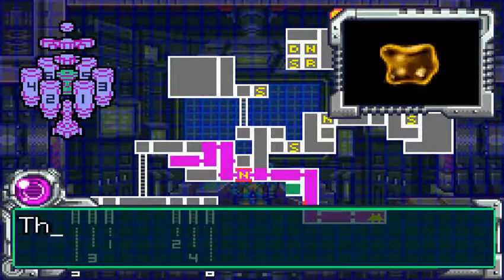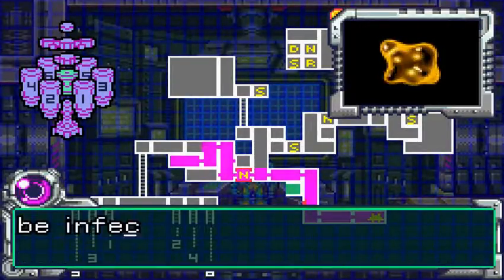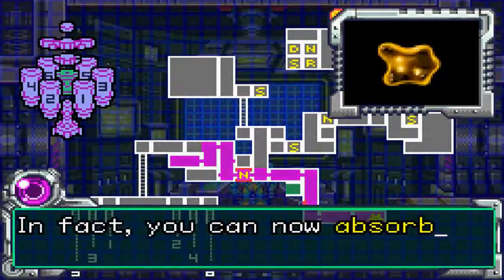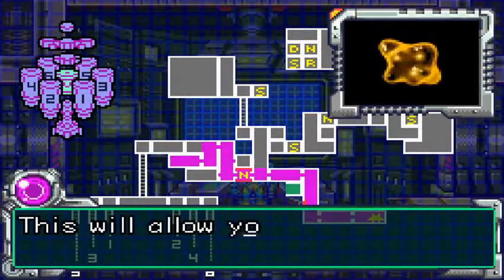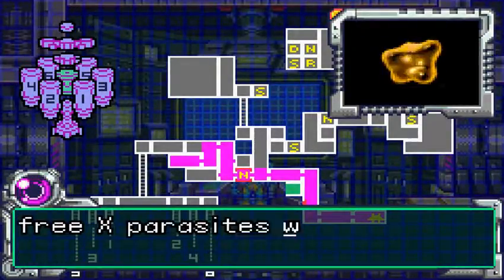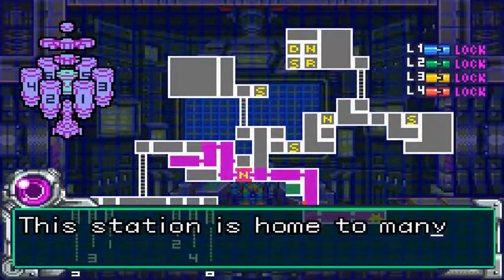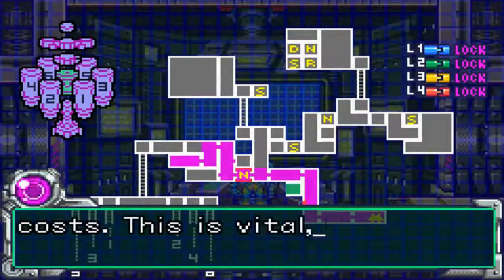So pretty much the X can infect and mimic its host, effectively making zombies, but not really. And since we have Metroid DNA inside us, they can't infect us anymore. Unfortunately, that also means we also have the,